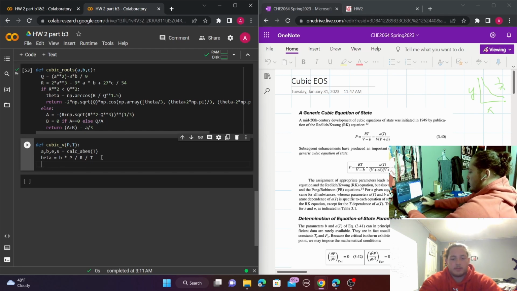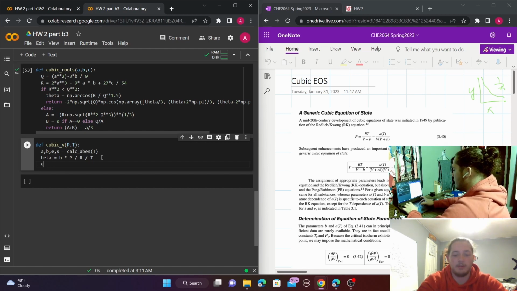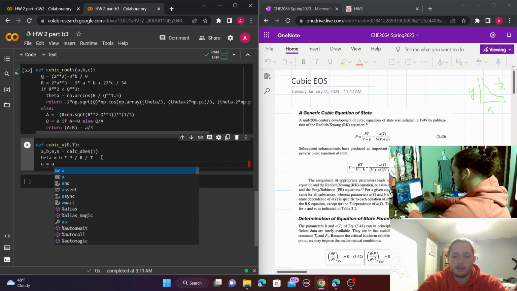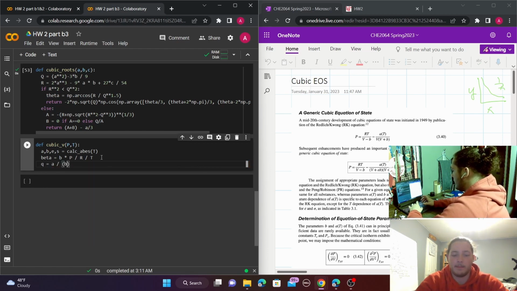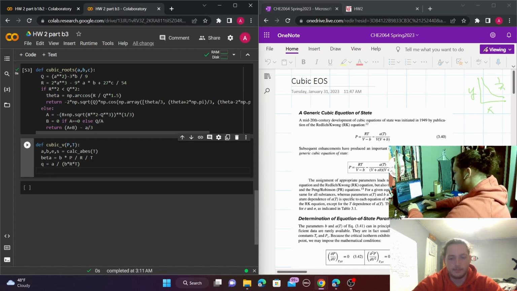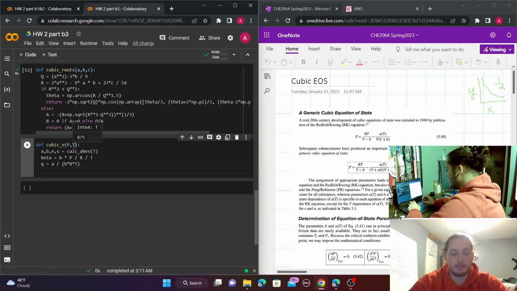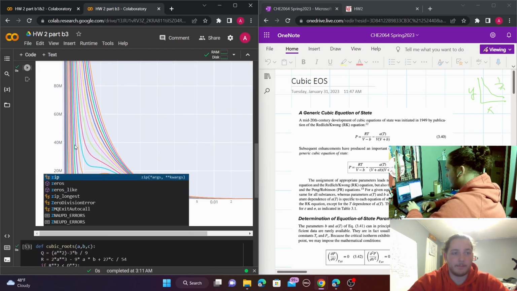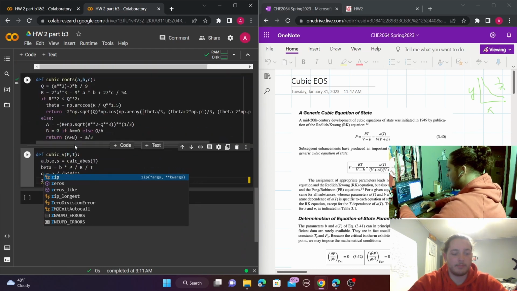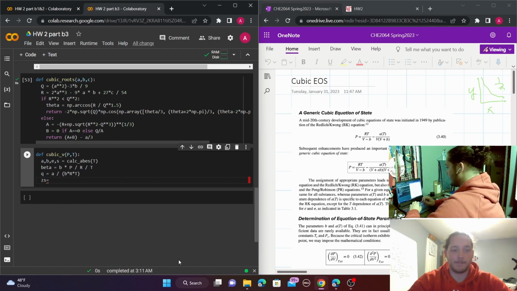And we also used an equation Q equal to A over B times R times T. So now that we have our beta and Q equations that we use to help us evaluate the cubic equation of state, we can now use our cubic roots function on our coefficients for the cubic equation of state and the compressibility state,